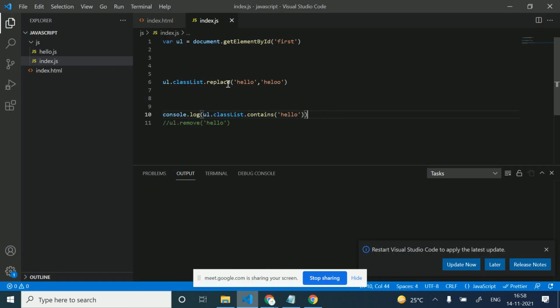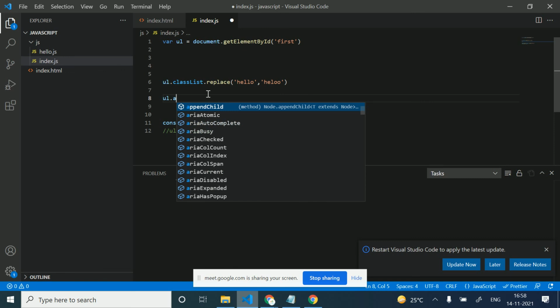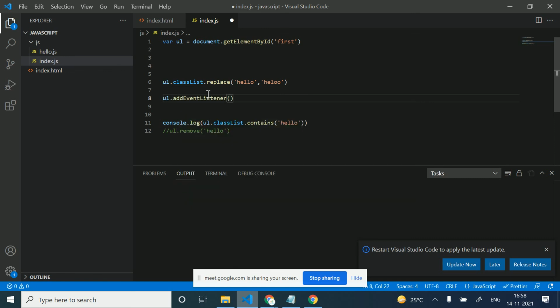And this is very useful. So I want to add a class by this classList. How can I add? Dot add directly. I was using the wrong method, add. Okay, now I'm adding the welcome class here. Now let's check.